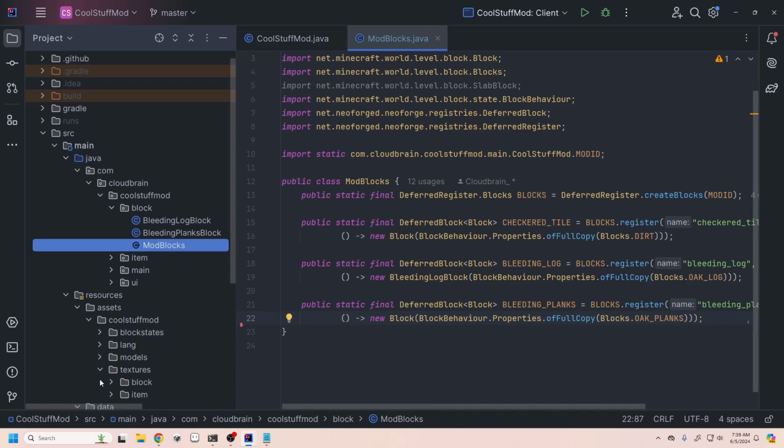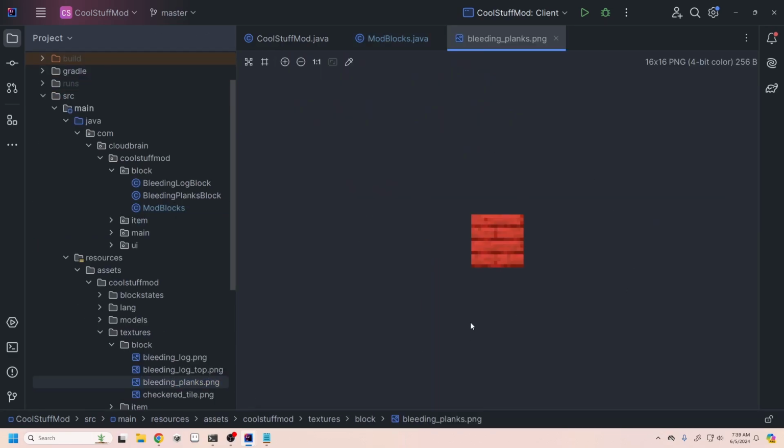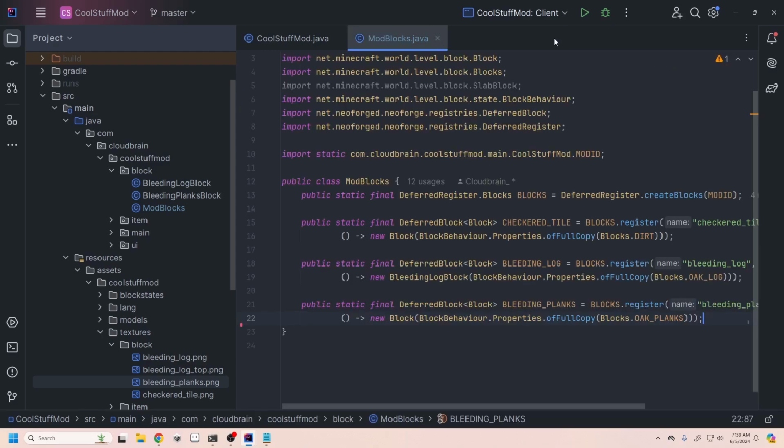And I've added the plank texture down here, so this is what it's going to look like. The reason that you need a full plank block is because when you put the two slabs together, the model is actually just the full plank block model. And when you break it, it'll break both of them at the same time and then give you the two slabs. So that's why you'll need to implement that. But since we already went over how to create a basic block and how to create the flammability properties for another block, I decided just to implement that ahead of time,